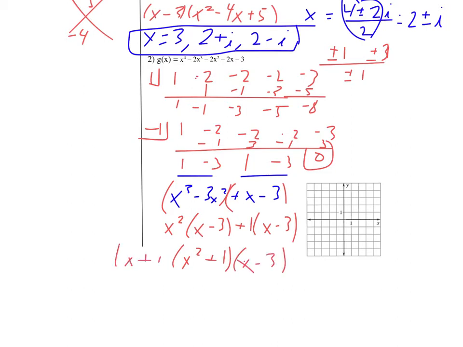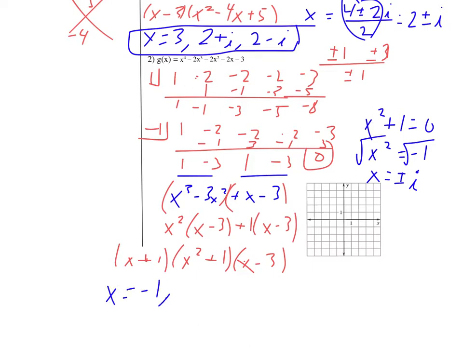And then I'm going to put the x plus 1 up here for the negative 1 that worked above. So I would solve the x squared plus 1 equals 0 over here. So if you take a square root on each side, then you would say x equals plus or minus i. I would just call that i, because that's literally the square root of negative 1. So I'd say my zeros here are negative 1, i, negative i,